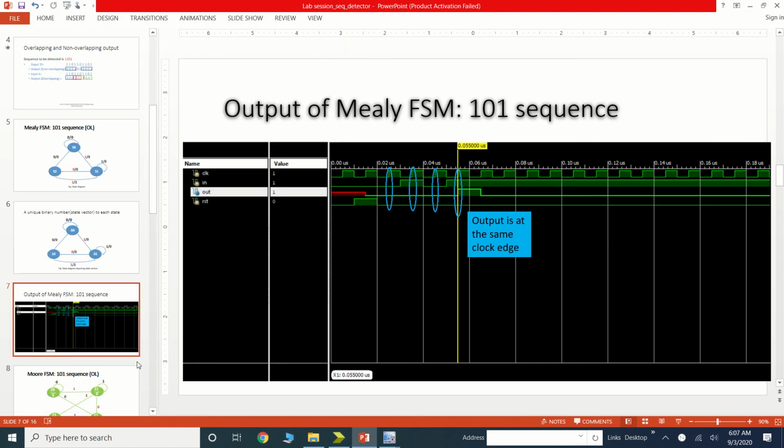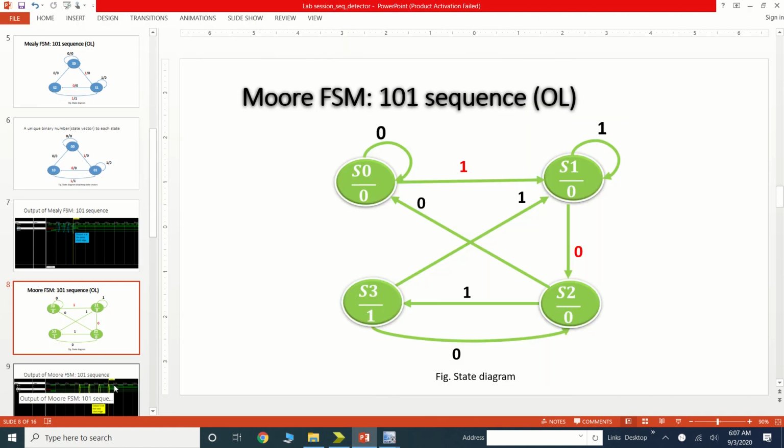Before moving to the Verilog code, let me explain this Moore FSM. In the Mealy we have 3 states, but in the Moore we need one additional state. So we need 4 states: S0, S1, S2 and S3. Again the output depends on the state only. So when we are at the S0 state and the input equal to 0, the output would be 0.